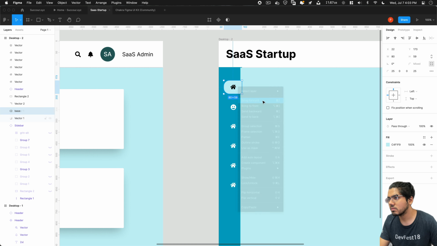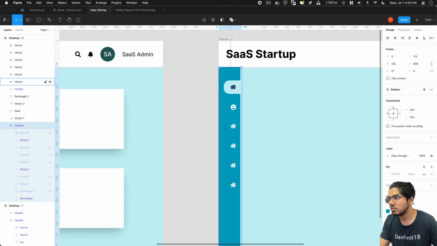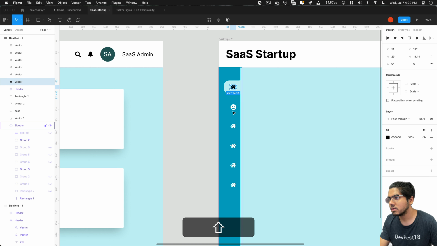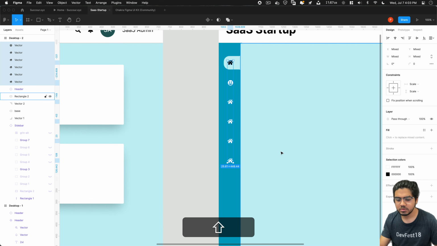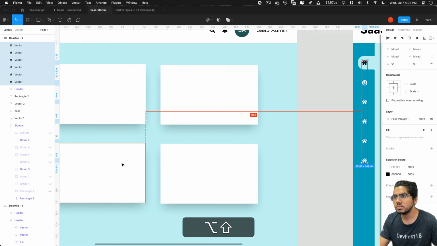And let's bring the logos on the left hand side. Yeah, so now it seems to be perfect. Let's copy the artboard also.